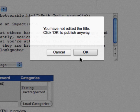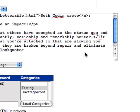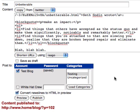As you can see, since I didn't change the title, it gave me a warning about that, because usually, particularly if you've added a lot of your own comments, you are going to want to change the title before posting. But we'll just click OK. Once the post has been published, the URL of the post will be displayed below the form. What I like to do next is copy the URL,